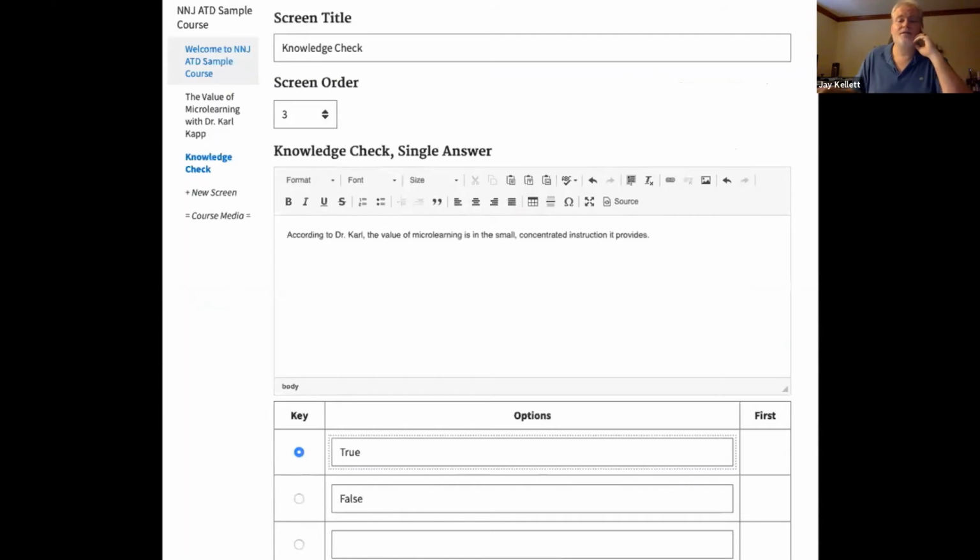So let's talk about knowledge checks a little bit. This is a knowledge check interface that's similar to a lot of other web-based knowledge check tools. What's similar is you put in the screen title, the information, and the options, and select via the key what the correct answer is. The one thing that's different is that first column on the right-hand side. Because this is all a single integrated platform, this tool will actually show you right in the editor what your learners have answered. Which is really handy, right?